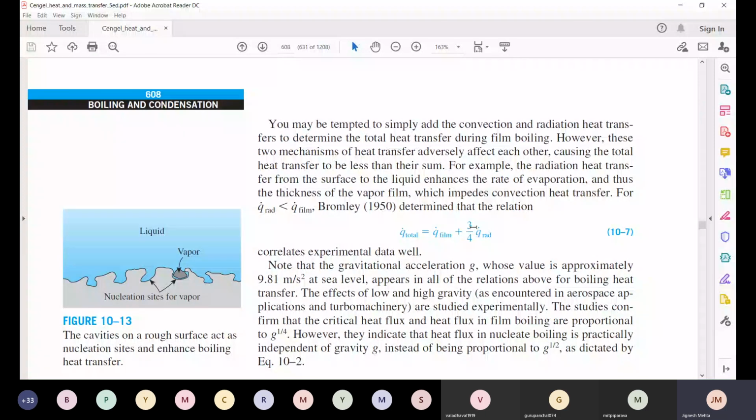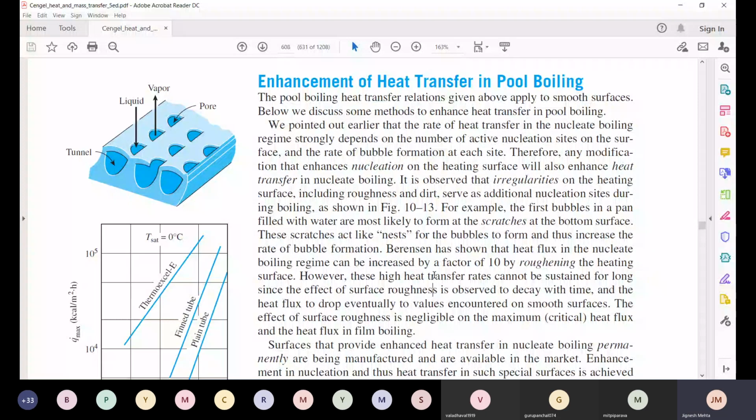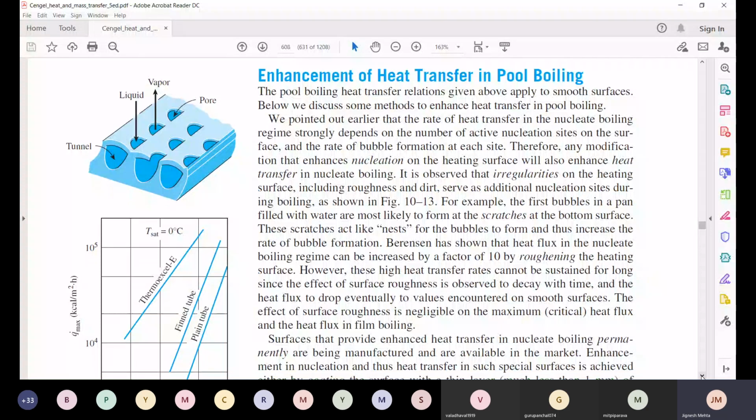So it is found that they actually are not fully supporting each other. Okay, so you don't take the full value of the radiative heat transfer, but you take only 3/4 of that. And boiling provides you very high heat transfer coefficients, but still, if one wishes to go even beyond that, there could be different measures which may be taken, and that generally,